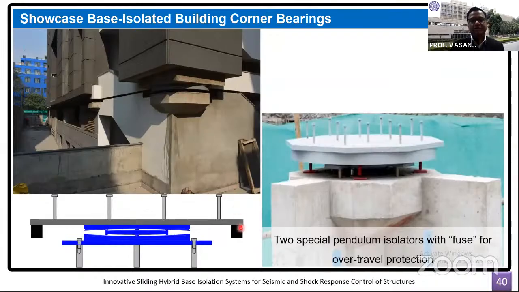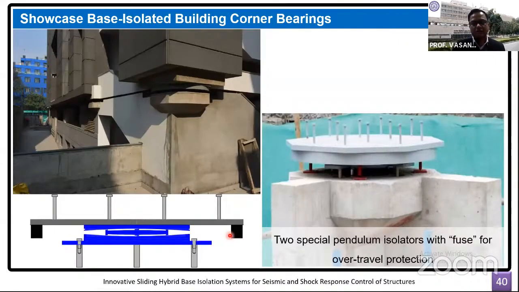And that protection, as Mr. Vipul Ahuja was also discussing with me some time back, should not hamper the design of the structure further, or lead to any catastrophe because of impact at the isolation level. So the design of this fuse was such that it itself dissipates some amount of energy upon heating, and in that process it restricts the dislodgement of the whole system on top of the isolation system.